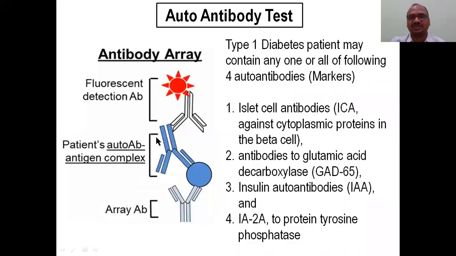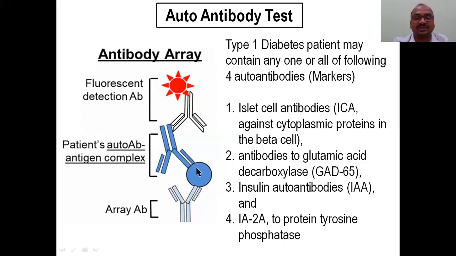Whereas in the antibody test, our body produces antibodies against our own body cells. The body will see our beta islets of Langerhans as antigens, and our immune system starts fighting against them. So all beta cells are destroyed. No insulin secretion, you have to take insulin from outside. And this is an antibody array. How to do a test on that? This is a patient's